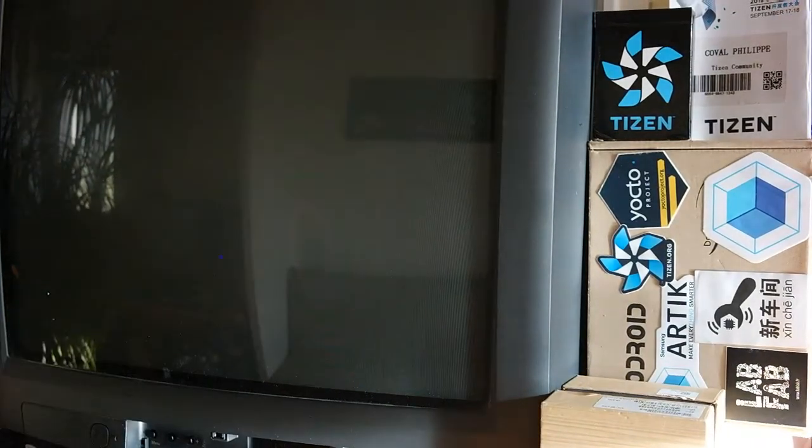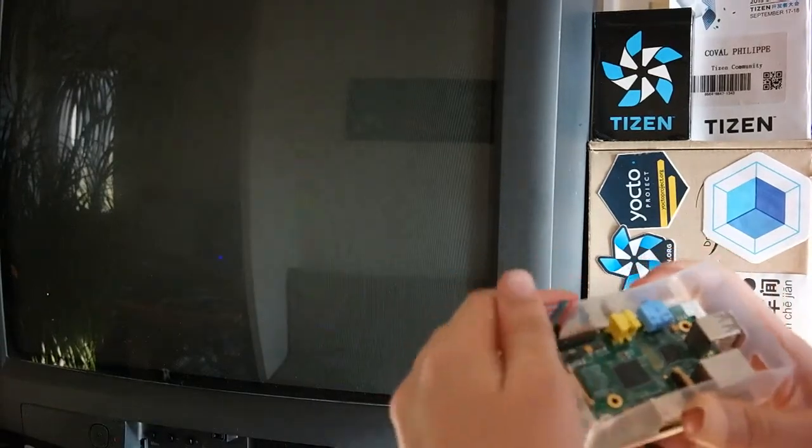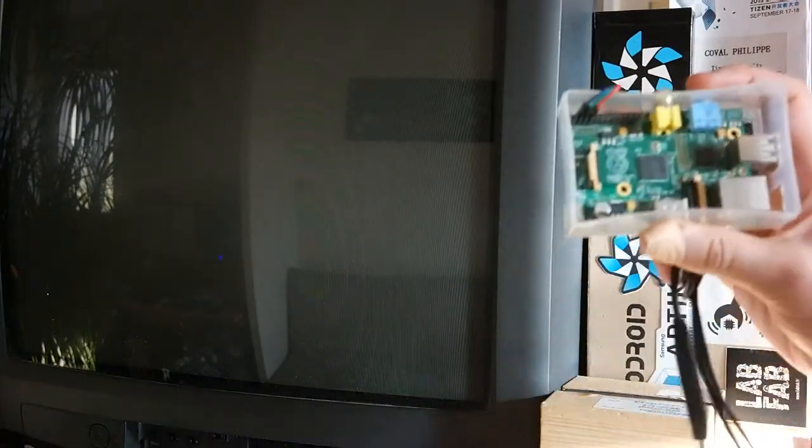Hi and welcome to CES Europe. Just kidding. So what I'm going to show you today is some development effort about running Tizen on this single